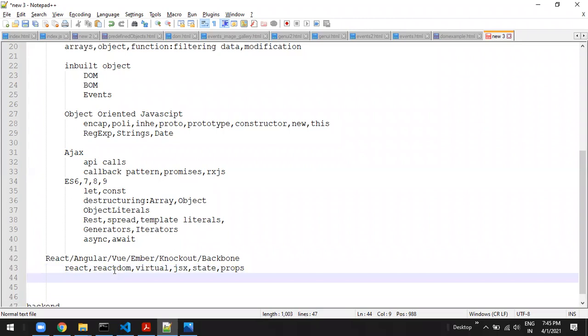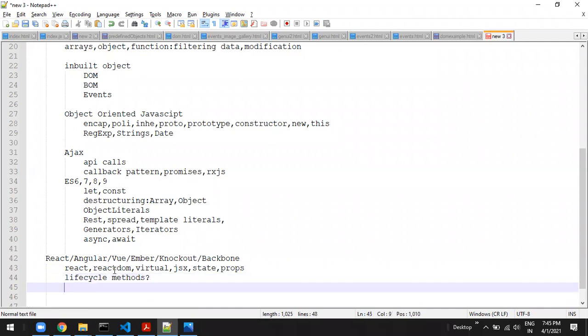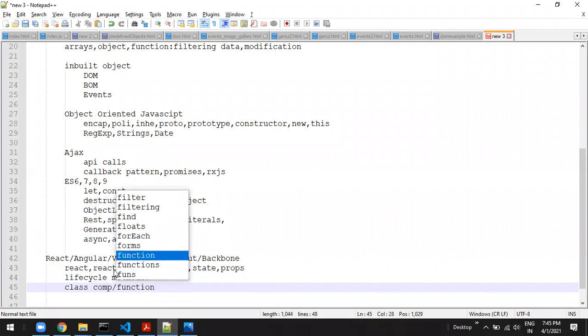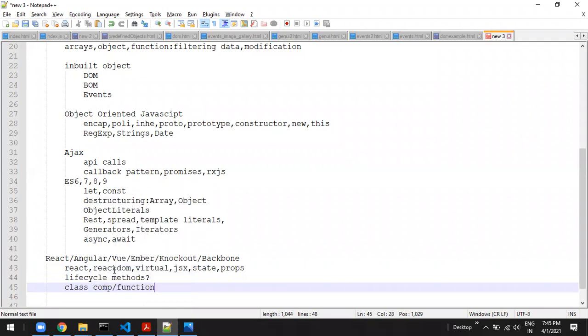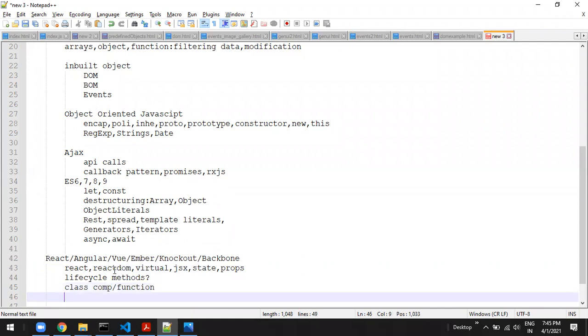And after that we will be discussing state, props, and life cycle methods. What are the life cycle methods we use, and at the same time what is the difference between class component and functional component, how life cycle methods will differ, how state will be maintained.